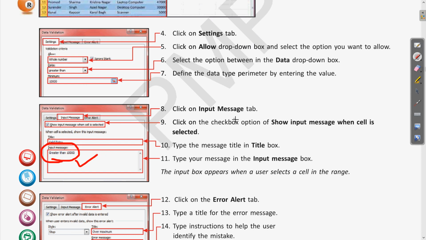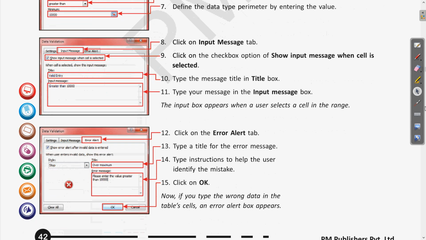Okay, when we are done with the input message tab, then we will go to the error alert tab. In the error alert tab, we have the message which we want to display when the value is not according to the condition. Here, as we have given the condition 10,000, if the value is not written according to that, we will write an error message like, please enter the value greater than 10,000. Clear?